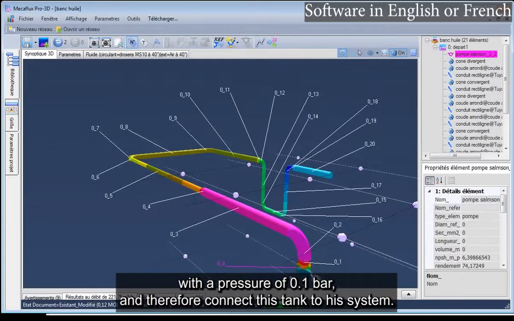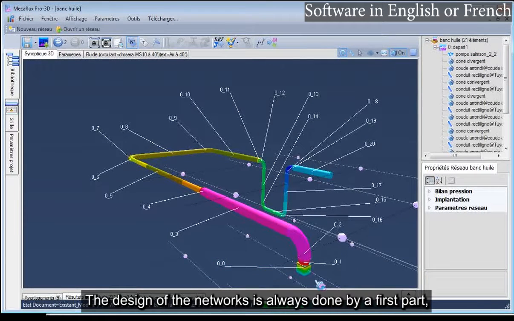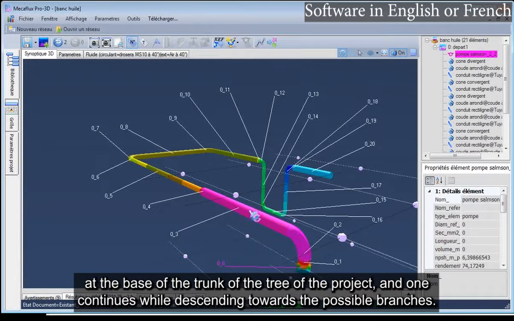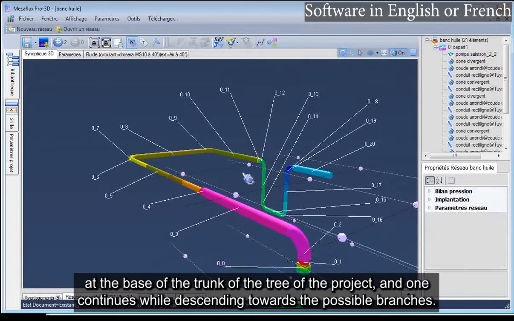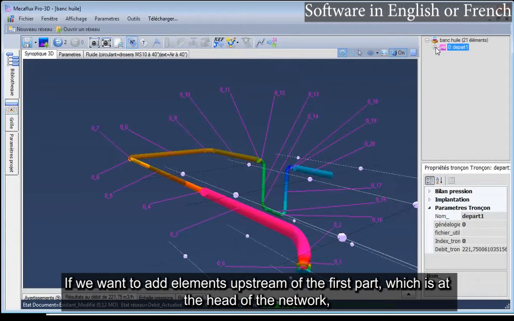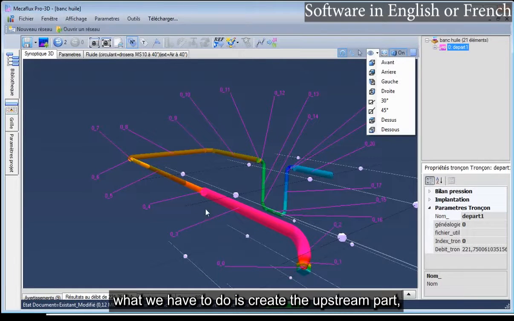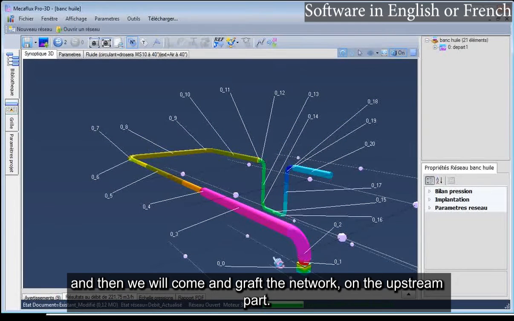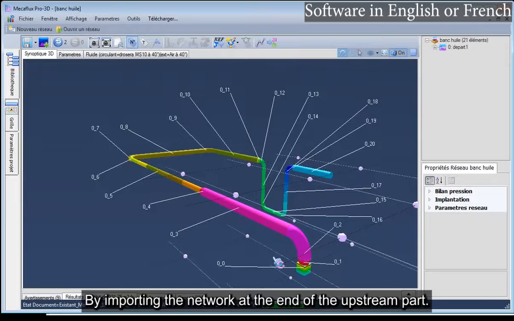tank to his system. The design of the networks is always done by a first part at the base of the trunk of the tree of the project, and one continues while descending towards the possible branches. If we want to add elements upstream of the first part, which is at the head of the network, what we have to do is create the upstream part. And then we will come and graft the network on the upstream part by importing the network at the end